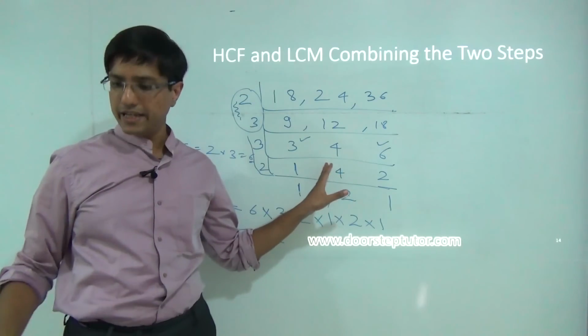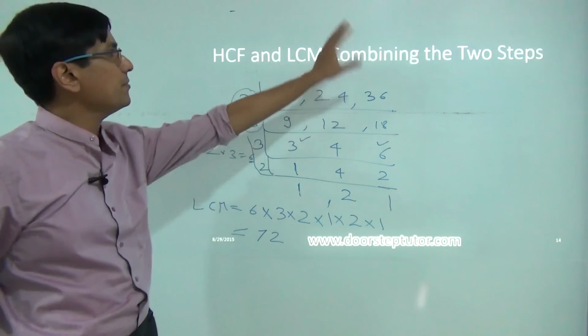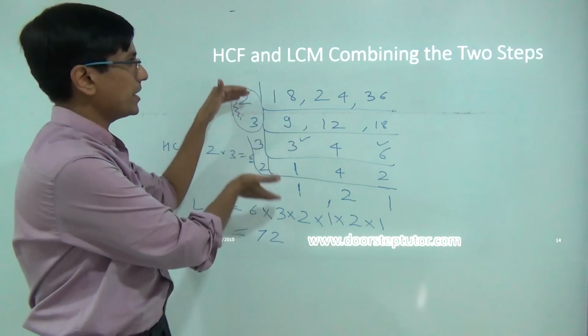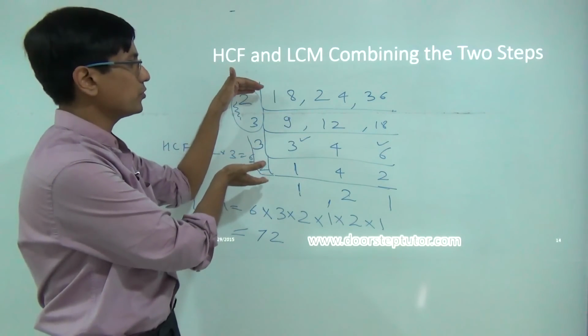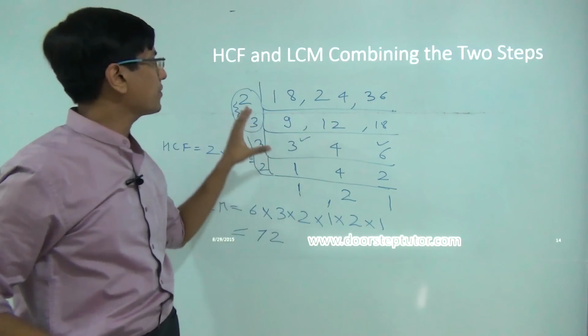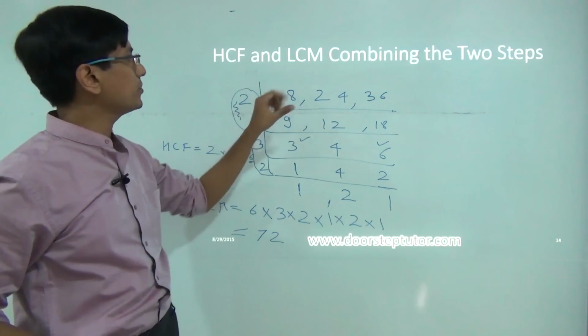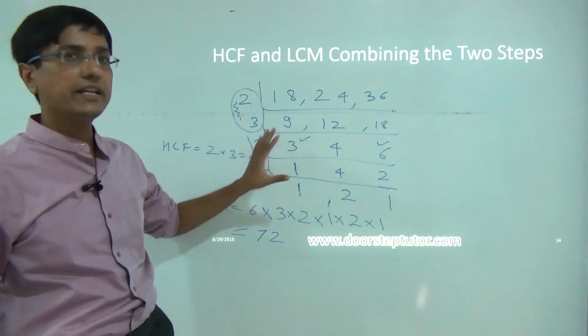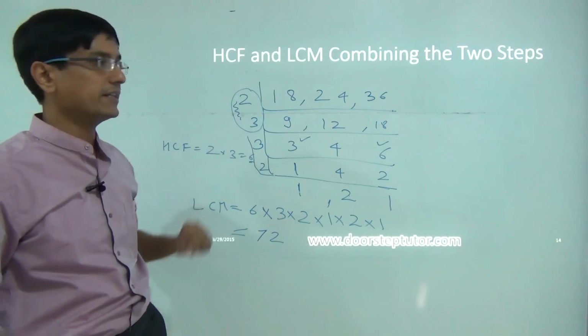So this is the technique which allows us to find both LCM and HCF. We have combined finding the factors and combining them. Sort of we have grouped those two steps. So we are grouping the factors as we are finding them. We have combined those two steps into a single one, and ultimately this is the sort of technique that you should master, that you should practice.